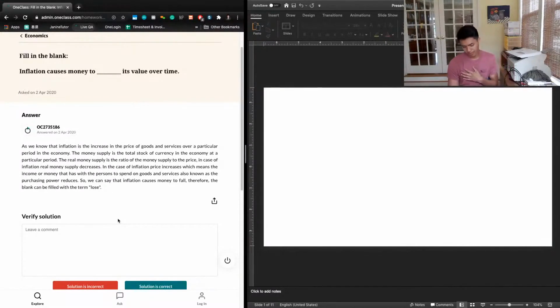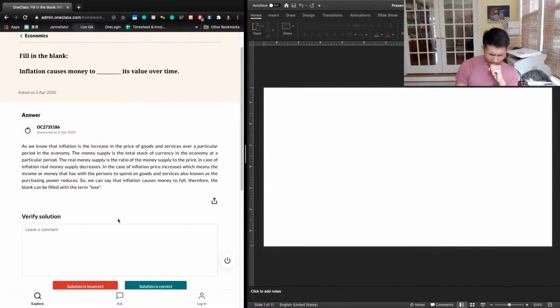If, on average, goods used to cost $5, with $5 in my pocket, I could buy one of any good on average. And then if inflation happens and we average all the prices and it inflates to $7 and I still have $5, even though the nominal amount of money I have is still $5, because all the prices have gone up by 40%, the value of my money has actually declined because I can buy less than one of every good now. And so that change in prices caused by inflation causes money to lose its value or decrease in value over time. So that's going to be the right answer here.